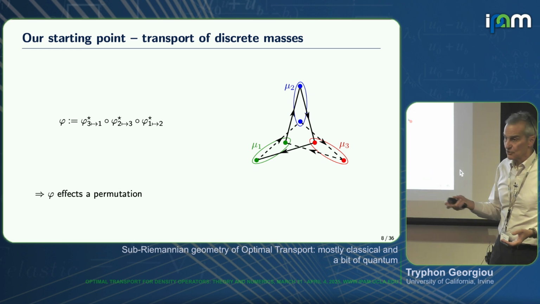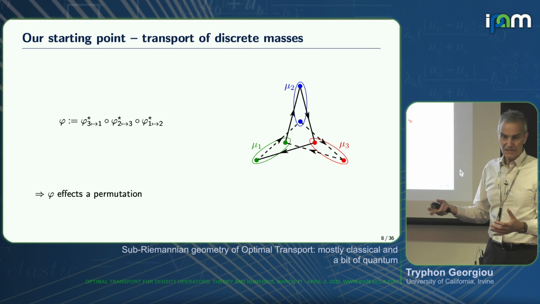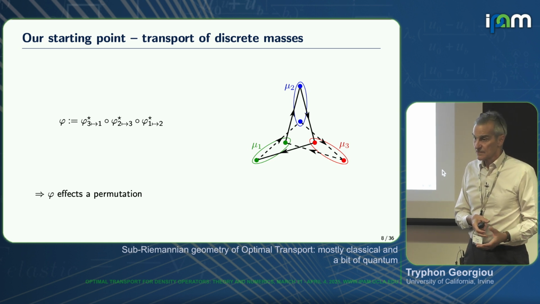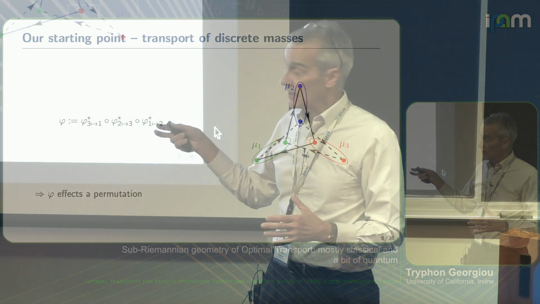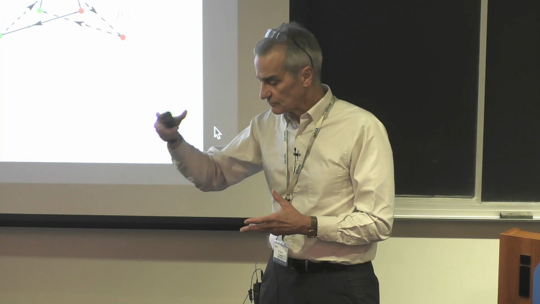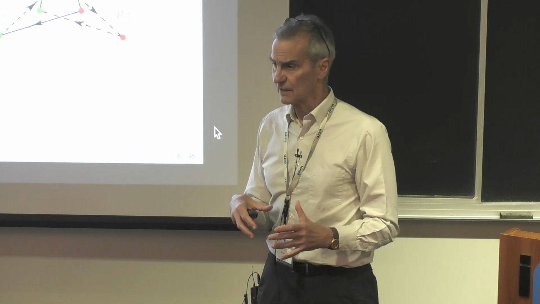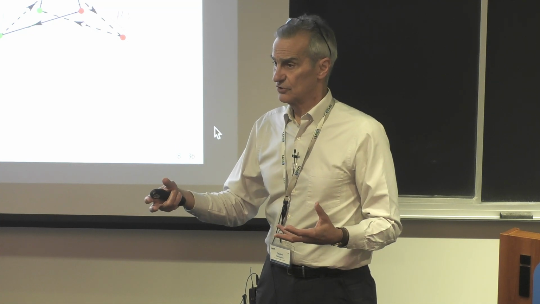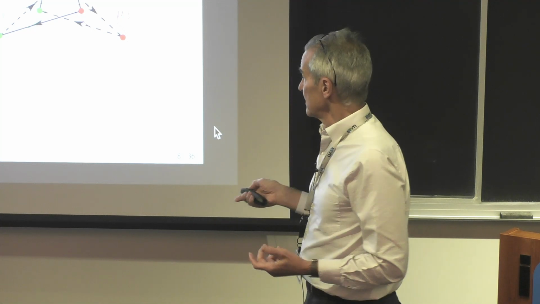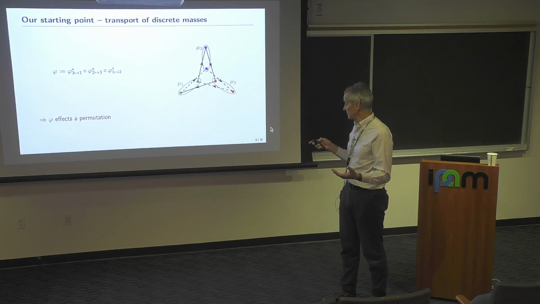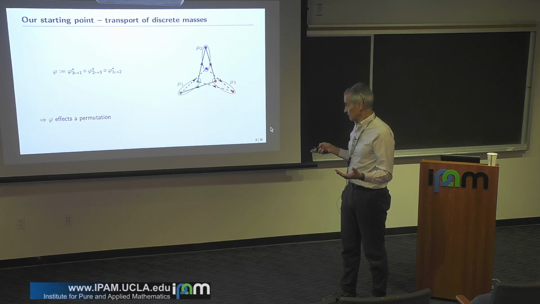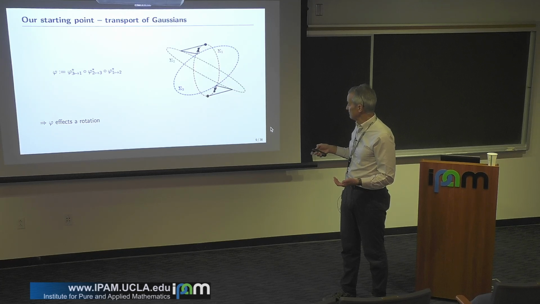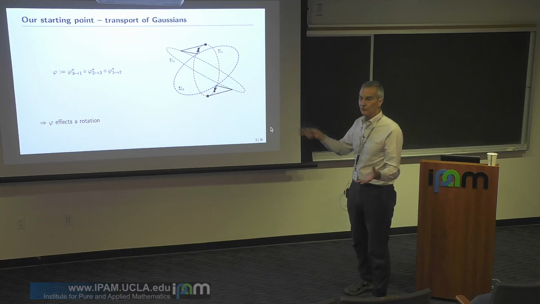And this is no surprise, because the Monge map is basically a symmetric matrix here. If you compose three symmetric matrices and the outcome is that the terminal distribution is equal to the starting one, you're going to get some sort of rotation. You're not going to get the identity. When you multiply two symmetric matrices, you don't get a symmetric matrix. So for example, the optimal transportation map, we're going to see more on this.